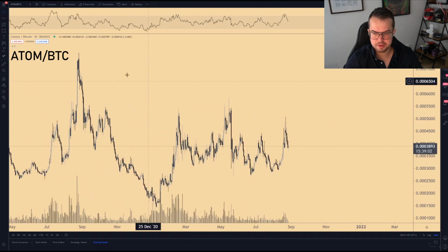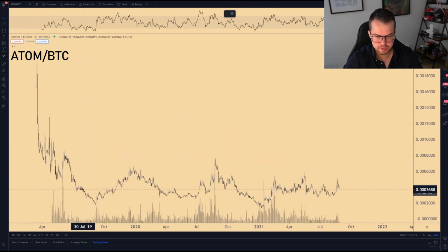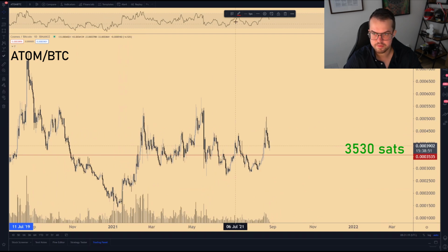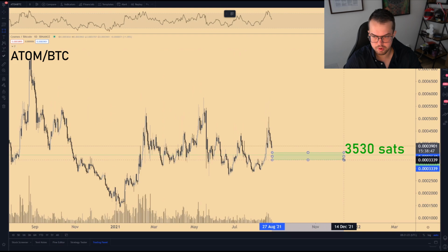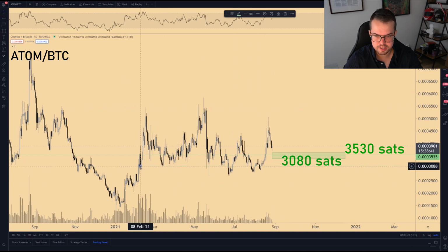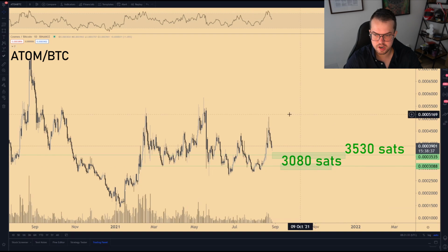So when we're looking at Atom at this point, you clearly see that we are making higher lows. So what is the level that I'll be looking at for a potential play on this one? It is probably this range. That is the first zone that I'll be looking at. This entire block is where I'll be looking for a potential play at this point. Second level that I'll be looking at is this range low, around 3k. These two ranges are what I would be liking to get a beautiful point of interest or entry point on